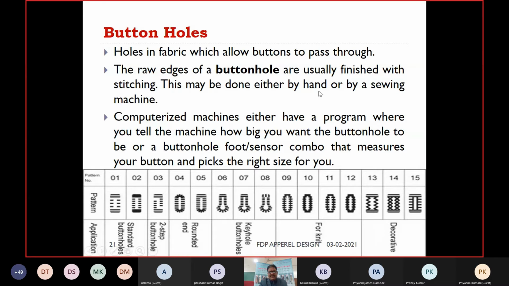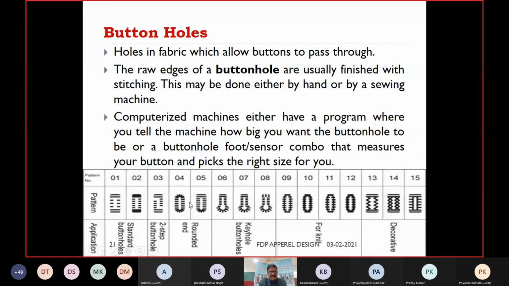The machine used in the industry is called the buttonholing machine, and is made by Juki, a single chain button stitching machine. And in our lab we also have this machine, the single chain button stitching machine, buttonholing machine. In the buttonholing machine there are two parts. One part is the blade to cut the fabric, and the second part gives stitches on the open edge of the holes. Here you can see the very interesting thing, that 15 types of holes can be produced.